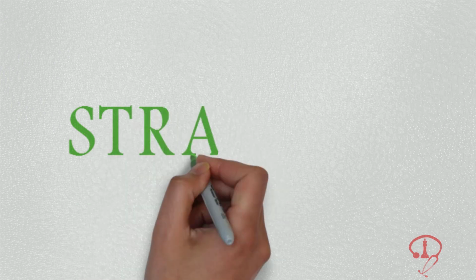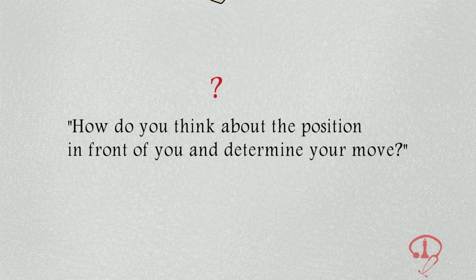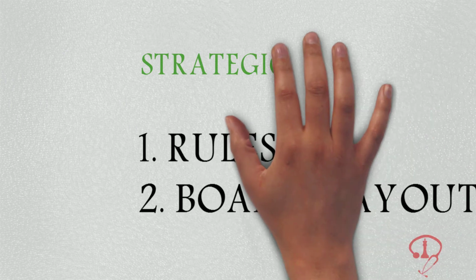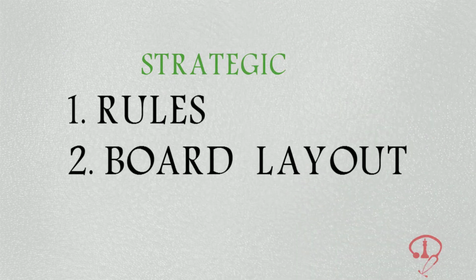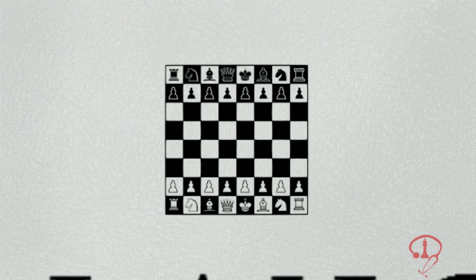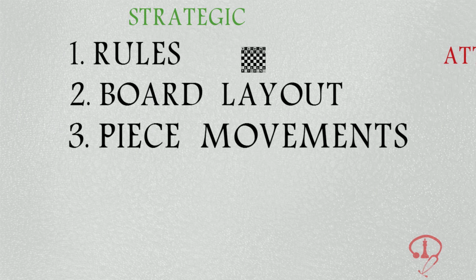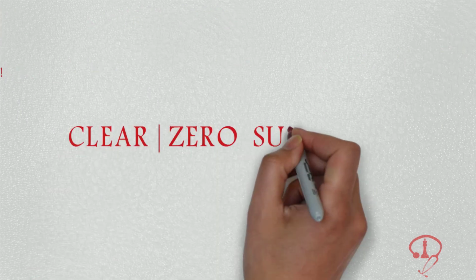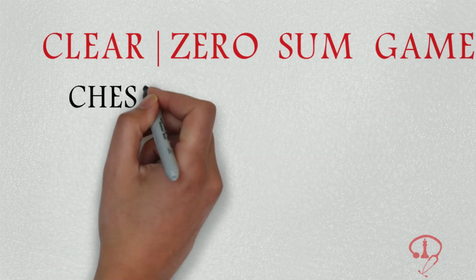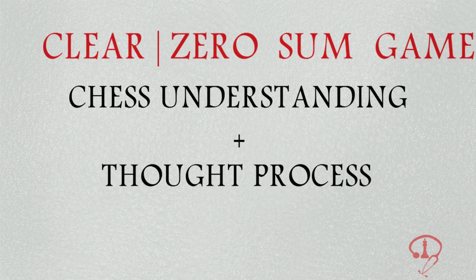See, chess is an inherently strategic game. By strategic, I mean, how do you think about the position in front of you and determine your move? Chess is strategic primarily because it is completely based on the logic of the game's rules, board layout, and piece movements. Everything is clearly defined in this zero-sum game, and so your understanding and thought processes should be clearly informed